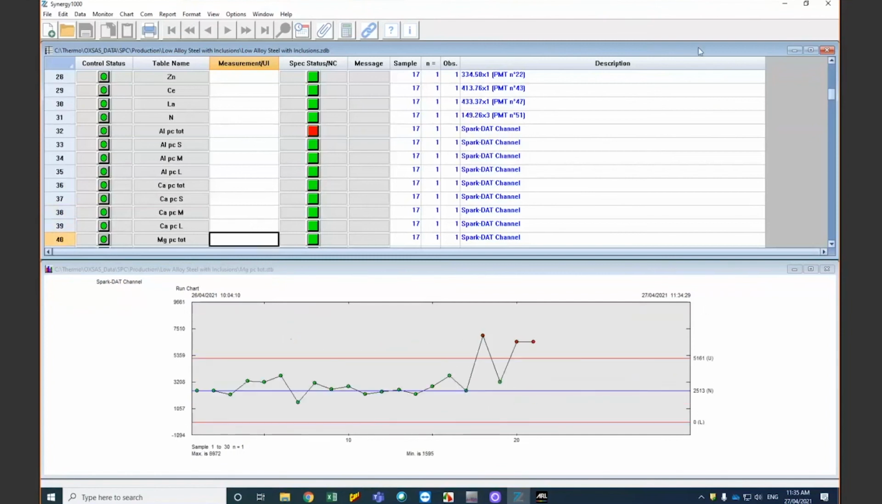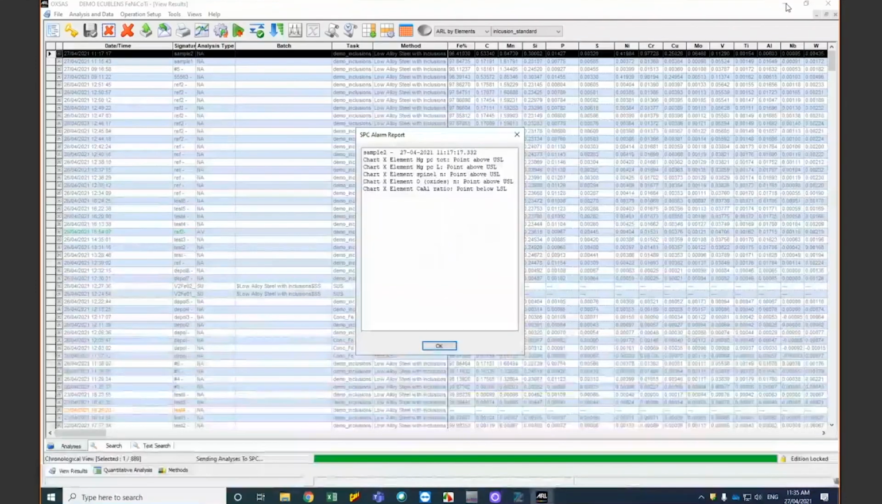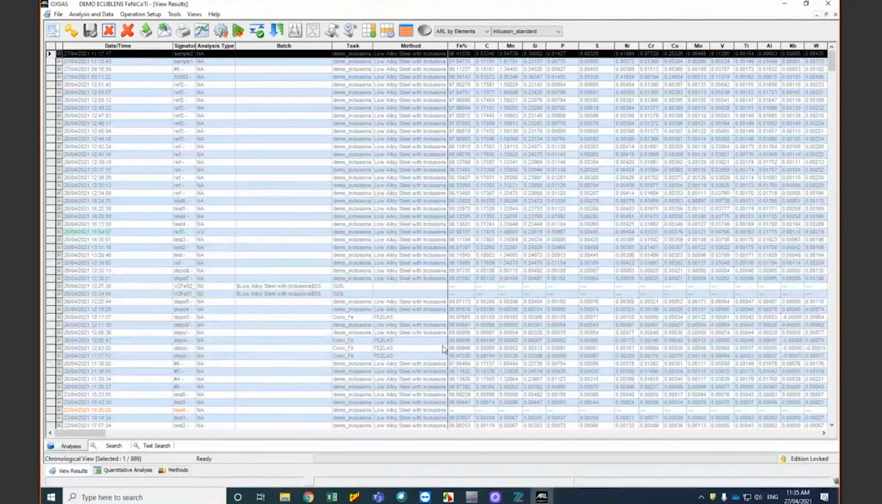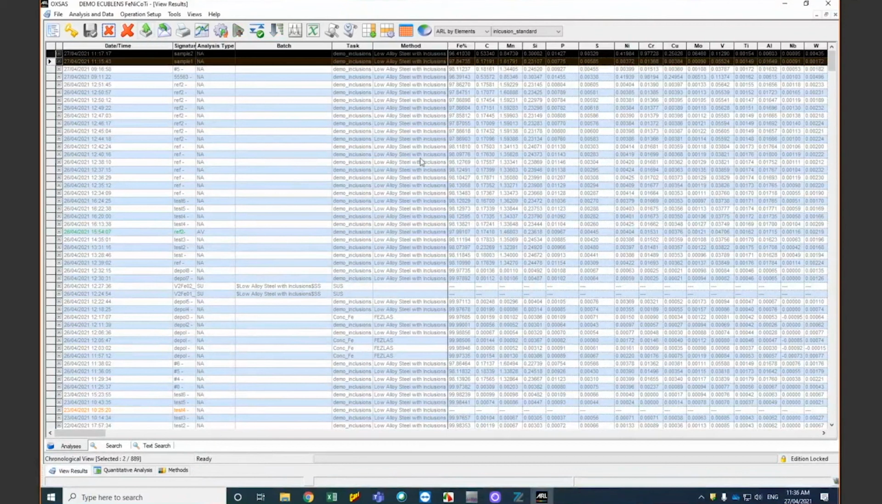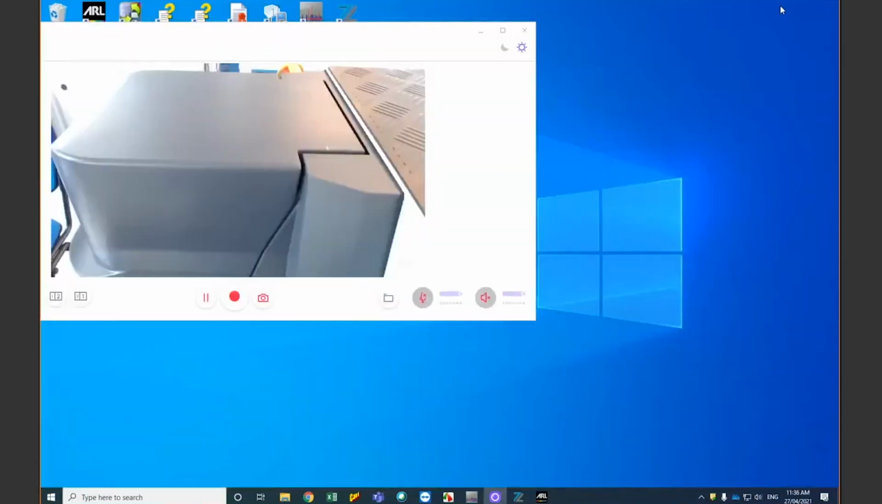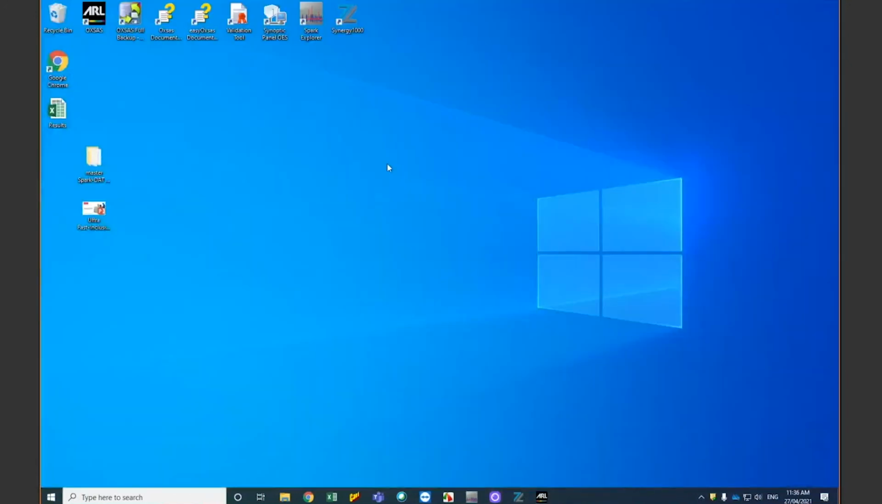Okay, so that is what you can do with SPC. And after the two sample analysis, of course, you can, as I did before, export all the two samples to Excel to make your own comparison or study. Otherwise, if you don't do that, what you can do,